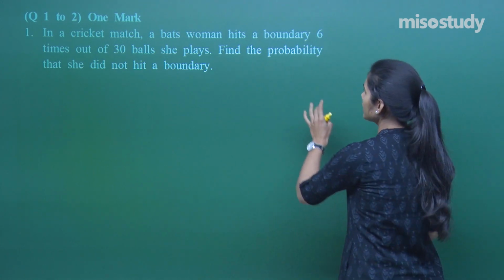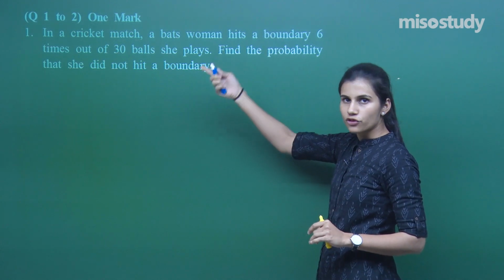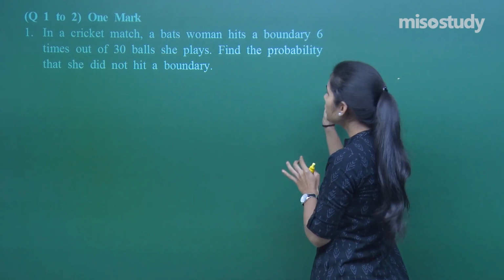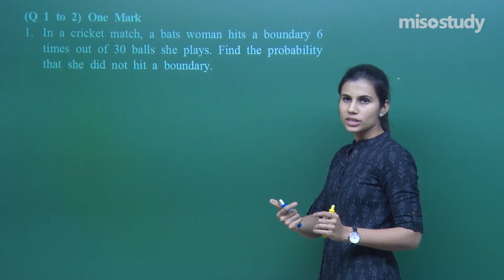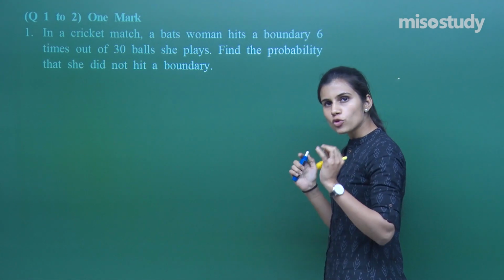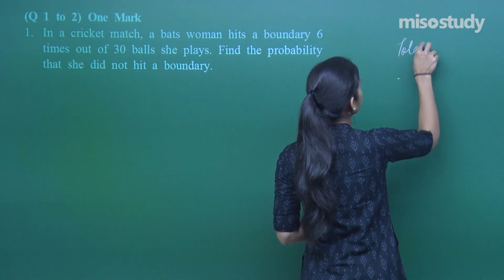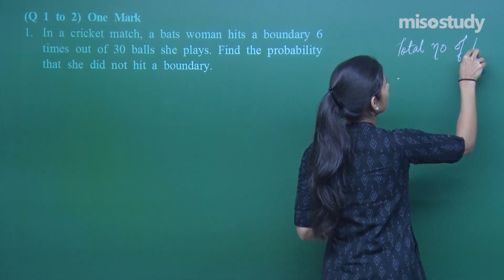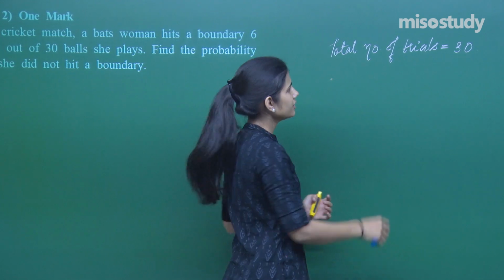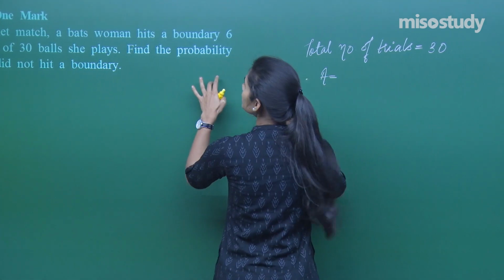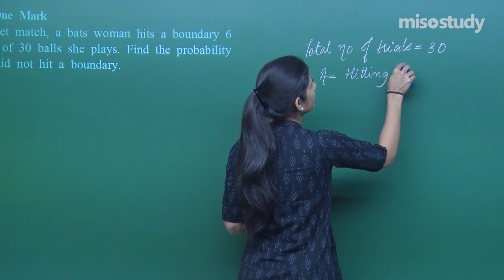Now you can consider the number of balls that she plays as the number of trials, right? So the experiment is that she is playing and hitting the ball, clear? And the balls are actually coming 30 times, okay? So total number of trials of this experiment is 30. If I say event A is hitting of boundary,